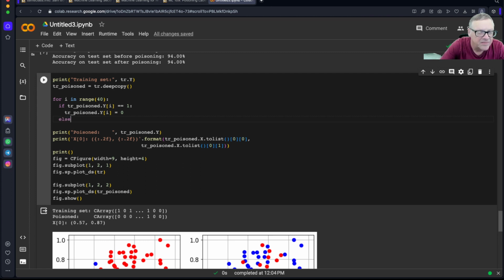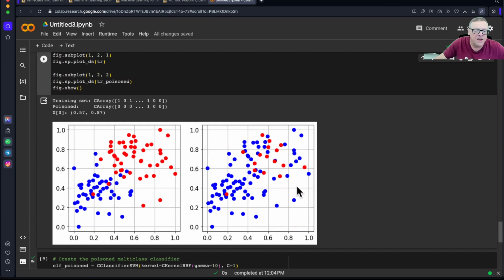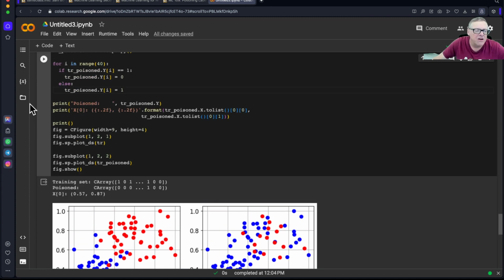So all I have to do is now say otherwise, which is, okay, else, then I change it to 1. There. That should be all I have to do. This will change the 1s to 0s and the others to 1, the others being 0. That should do it. So this one here, you see it was mostly blue, and there's only one red dot down here. But now if I run this one,